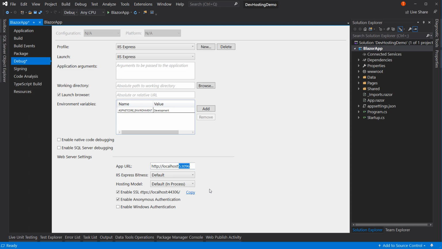IIS Express actually acts like a full IIS server, in that you can have it running in your system